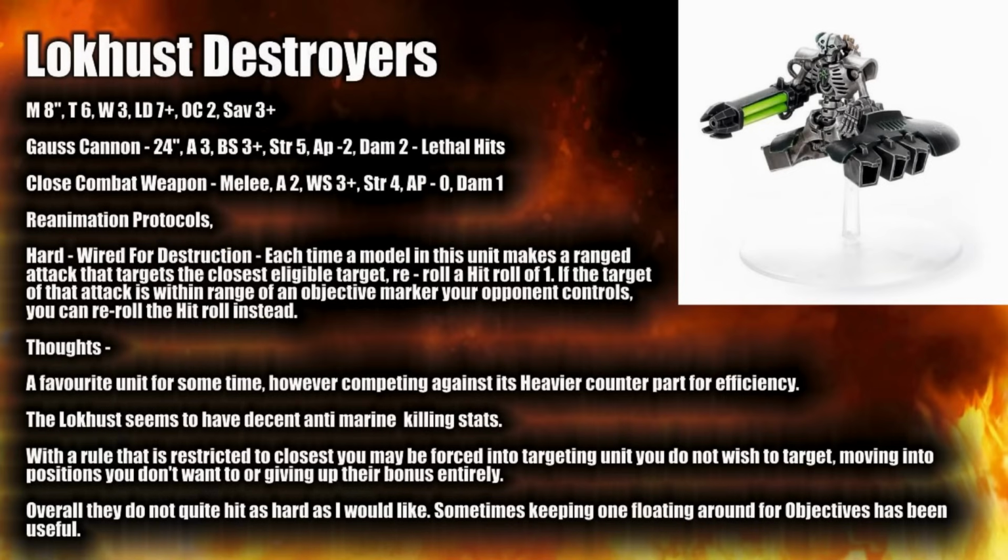I really don't like that you have to target the closest unit to get the reroll hit rolls of 1, unless it is on an objective. I can see use for them there, and I'm glad that they did get a little bit of a buff, but when you're competing against so many other units, and you've also got the Heavy Destroyers, it comes down to which one is going to be more efficient between those two units. I have had some success just keeping one or two on objectives and having them floating around, but generally if you're floating around looking for objectives, there are so many units in this codex that can actually compete for that